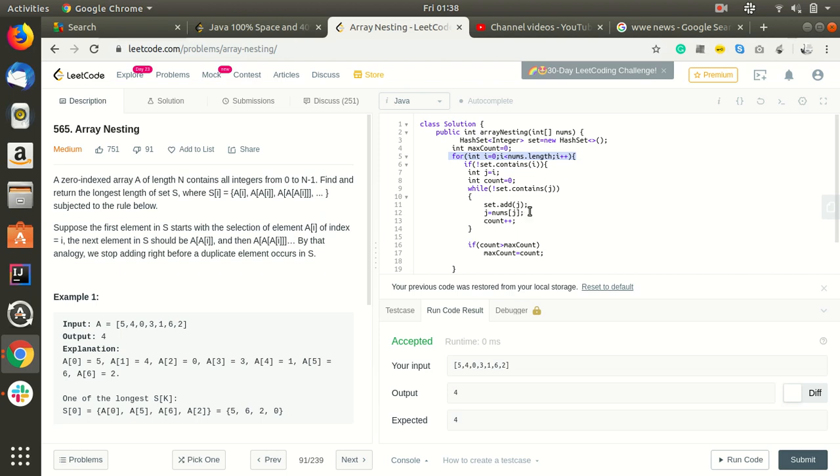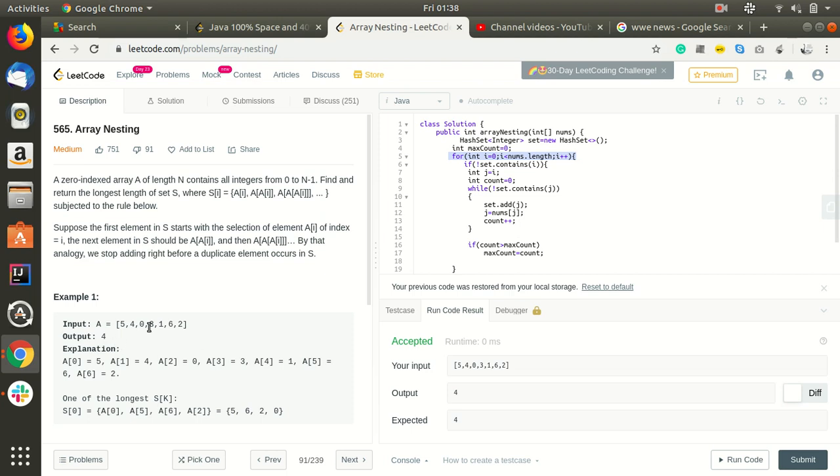Again it will add it and go for the second, which is 0 over here. Since 0 is already visited, this loop will get broken, and as of now count is 4, so it will check whether count is greater than max count. Yes, it is. Max count will be equal to 4.